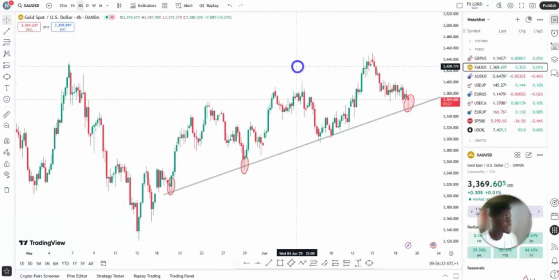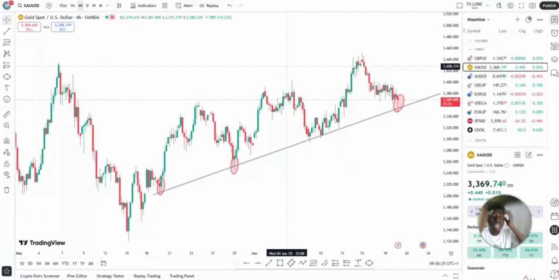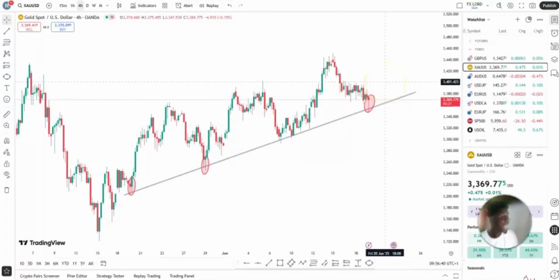Nothing is going to make me sell because I understand the trend line strategy. This is the best time to buy XAUSD right now at this trend line. So I'll just get into a buy trade, right up to the upside. So guys, that is that on how to spot out